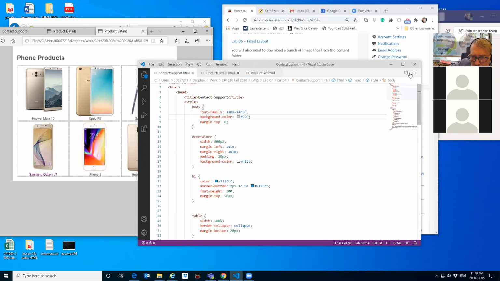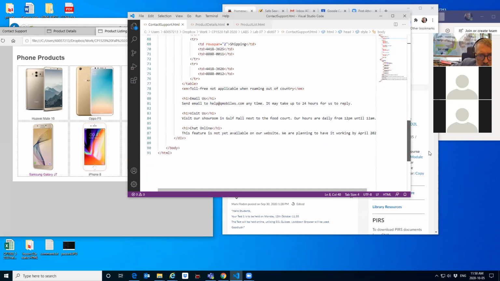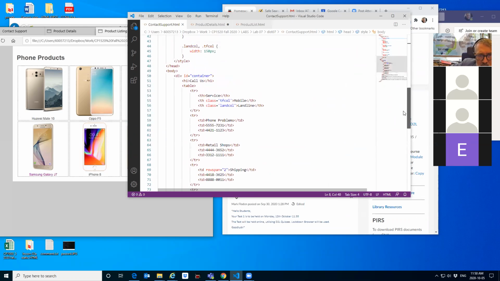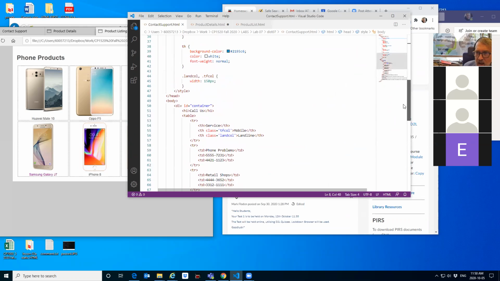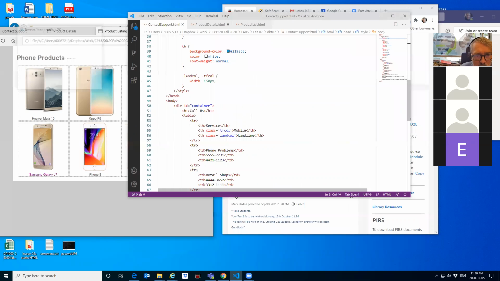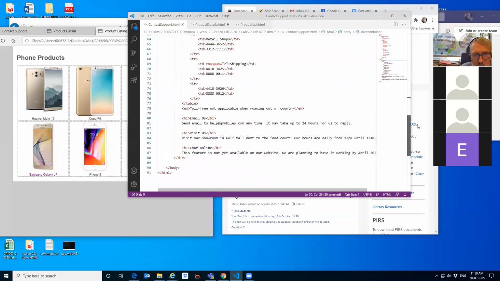I'll slow this down here so you can see all of the code. And let me just summarize: all this stuff here, all the text and the table, you've already got that. You'll download that when you download the dist 6. So looking at the first document, what you will then have to do is edit it by adding your divs. And the first document's only got one div,